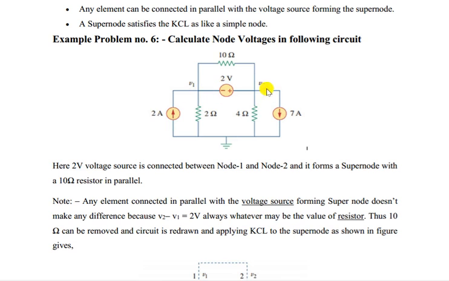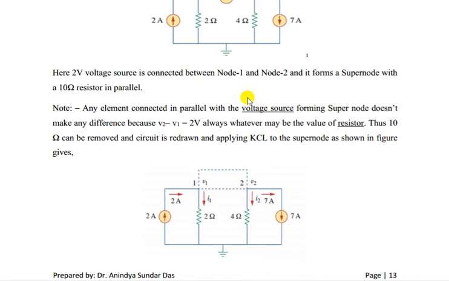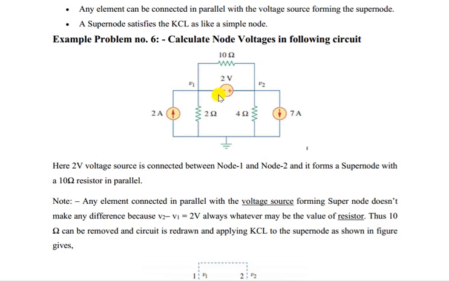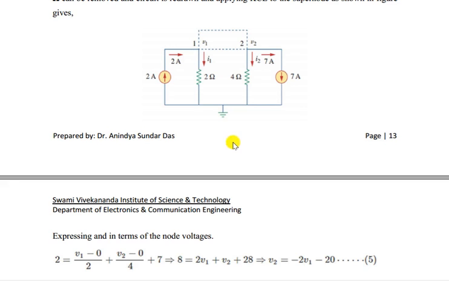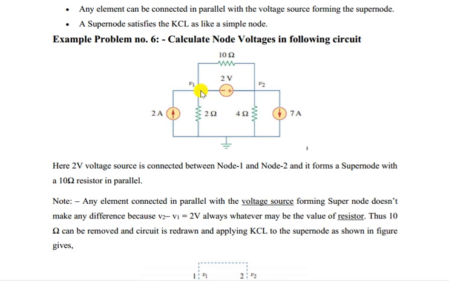So altogether we can consider these two as a super node. That means we have V1 and V2, and we are removing this voltage source and current source. So this is the circuit. Now what we can do is write the KCL equation at the super node altogether. At this super node, what are the branches connected? 1, 2, 3, 4. So 1 and 2 combining together, we get one node. That is called a super node. In that case, these four branches are connected.